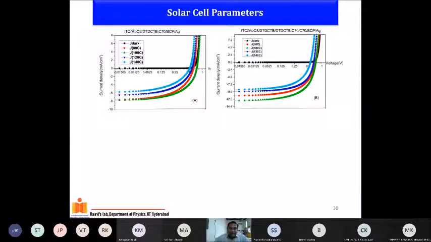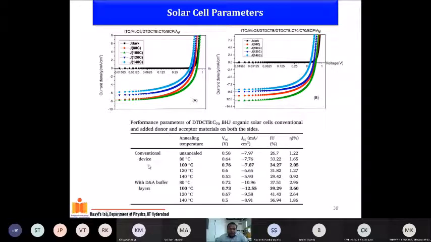We do start seeing that for both the different thicknesses of the solar cells. The best devices we got were for 100 degree annealing, and we look at the changes in the VOC, JSC, fill factor. Fill factors have gone up, and again if you look carefully, the fill factor has suffered a bit in this part, which says that the series resistance RS of the device is still poor. We are still trying to figure out why these devices are poor, but at least it gives you a feel looking at the variation of the fill factor.